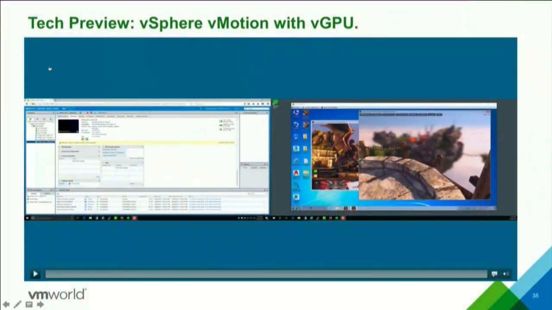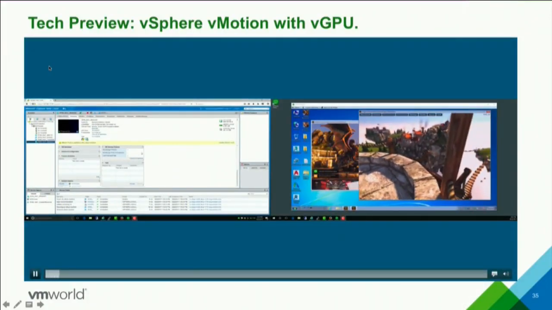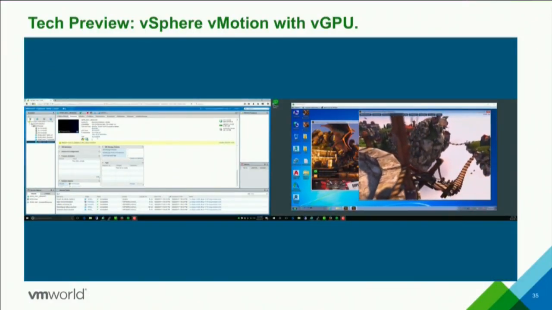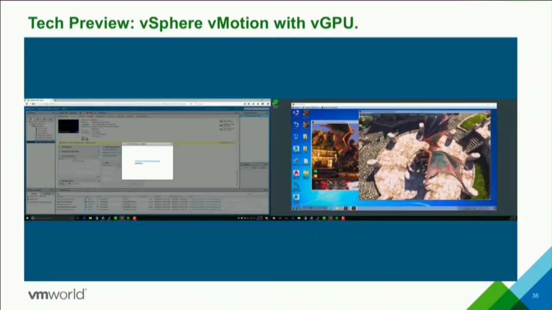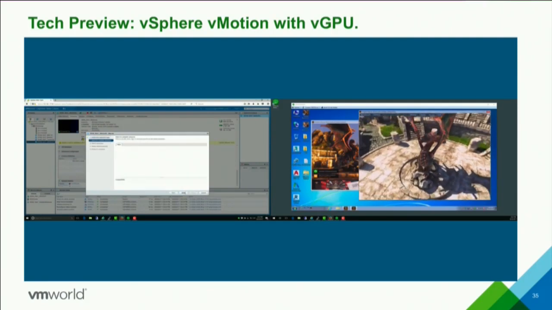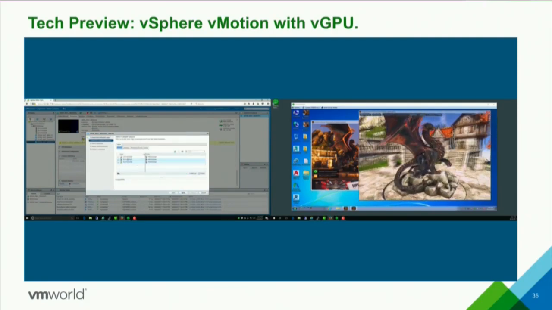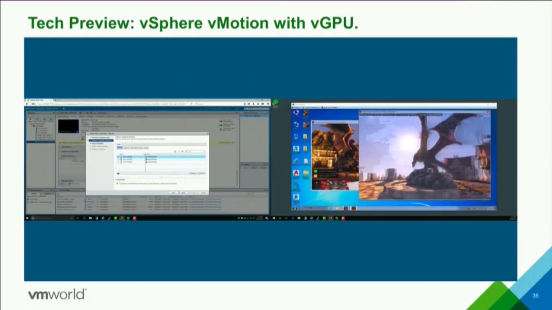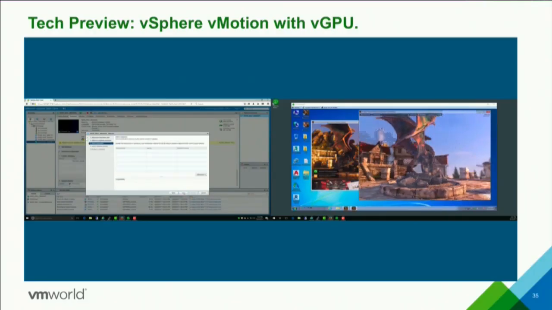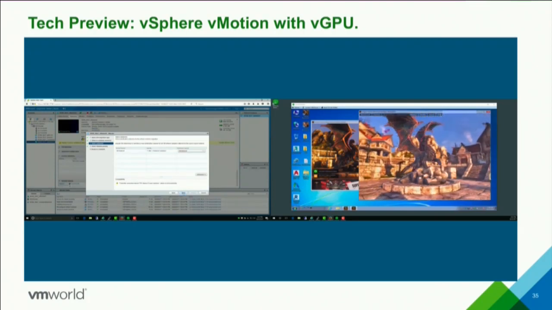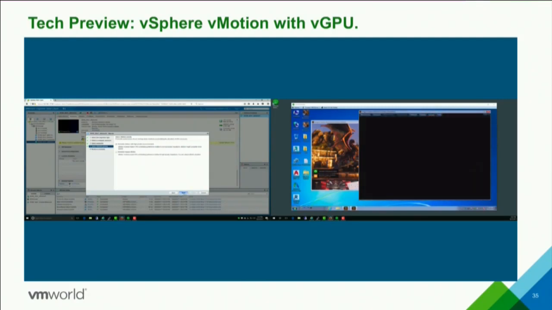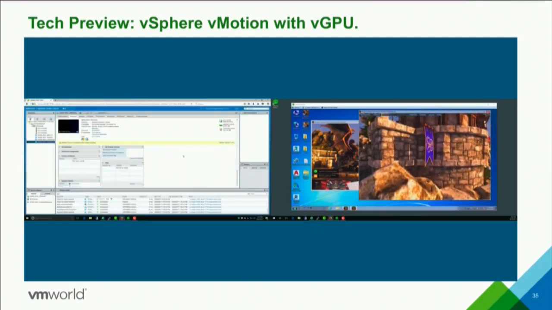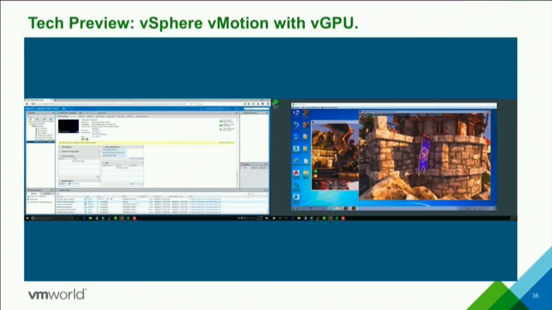There you go. So on the right is the client. I'm running a benchmark. Benchmarks are great for showing such demos. On the left is the admin, and he wants to do maintenance on the particular host. He selects the VM, selects the host, and he wants to migrate the user from one host to the other. Once it's complete, he's able to spin off that job, and you'll notice momentarily on the right that the screen freezes for about 5 seconds. By the way, this video is unedited. We recorded this entire video in 50 seconds.